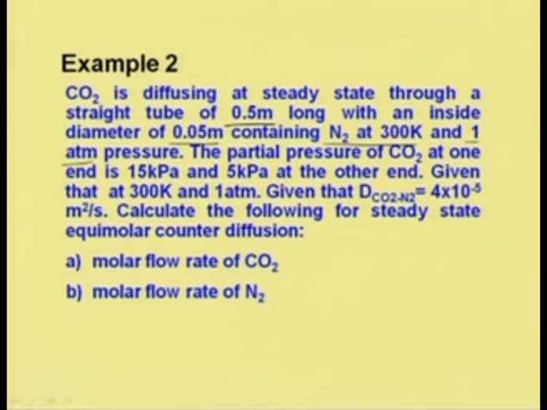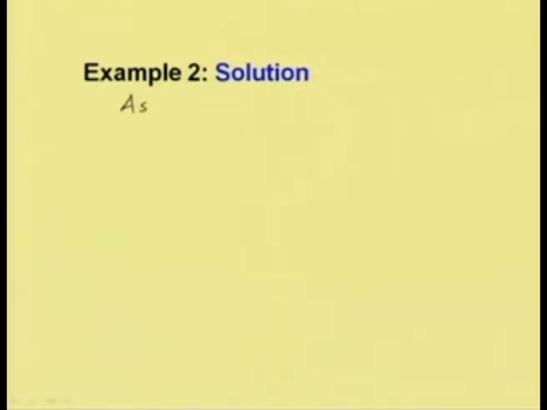The partial pressure is given at 2 points, at one point 15 kilopascal and the other point 5 kilopascal, and the diffusion coefficient D CO2-nitrogen is given as 4 into 10 to the power minus 5 meter square per second. We have to calculate the molar flow rate of component A, that is CO2, and the molar flow rate of component B, that is N2. Let us assume